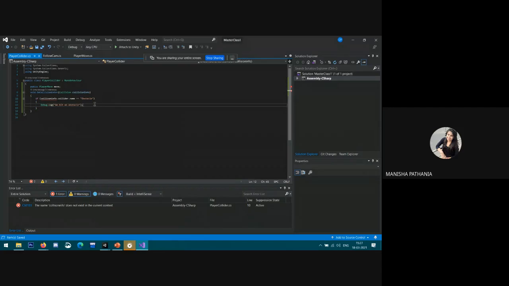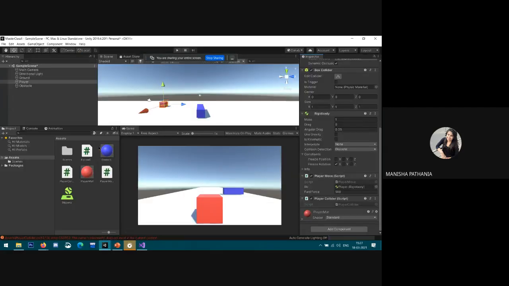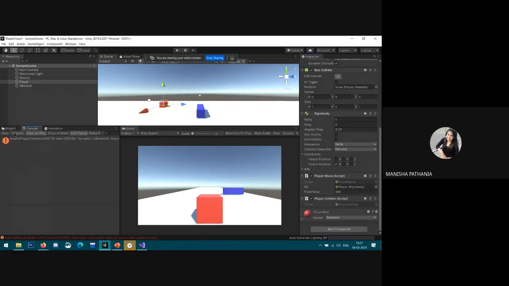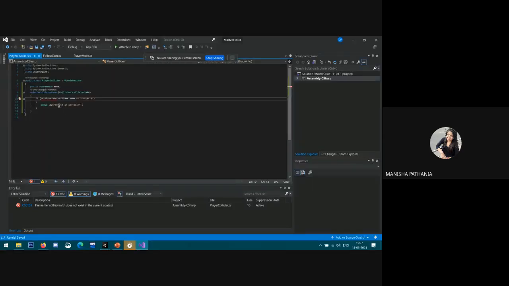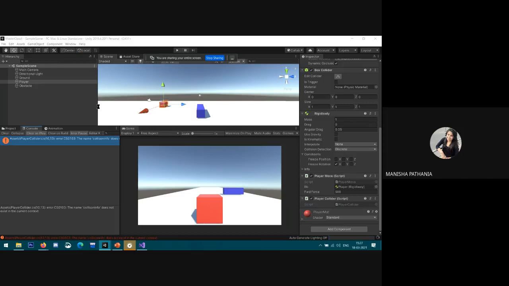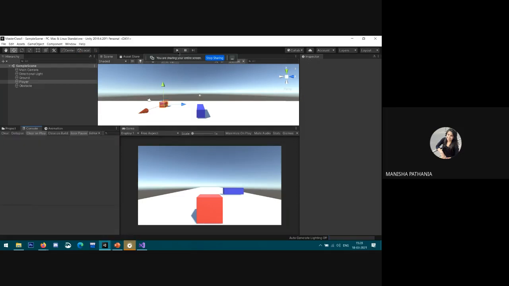First of all, check this. Save it. Open the console window. Collision info, it's giving an error. Okay, now it's fine. Now save it and play again.